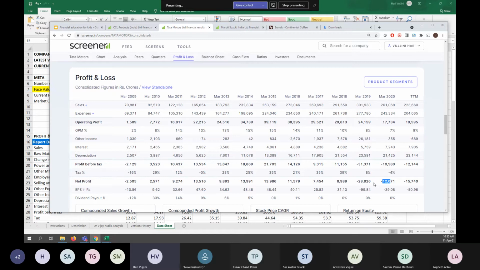Land Rover was acquired by Tata Motors. You know the Land Rover car, and you also know this. What is that company? Jaguar. Yes, Jaguar. They also acquired Jaguar. And these are UK-based, foreign companies, and they acquired them